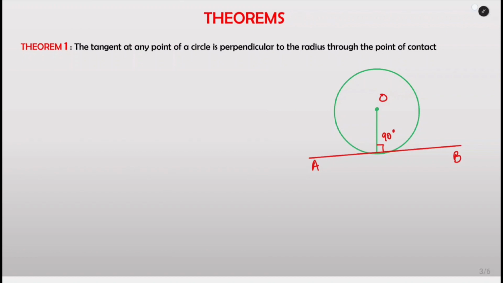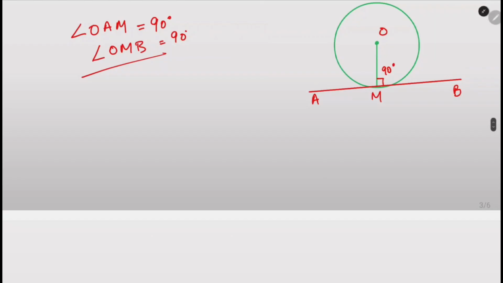Right? So this thing you have to remember, that this angle, suppose this is M. So angle OAM is equal to 90 degrees. Is also angle OBM is equal to 90 degrees. Right? Also remember, footnote,